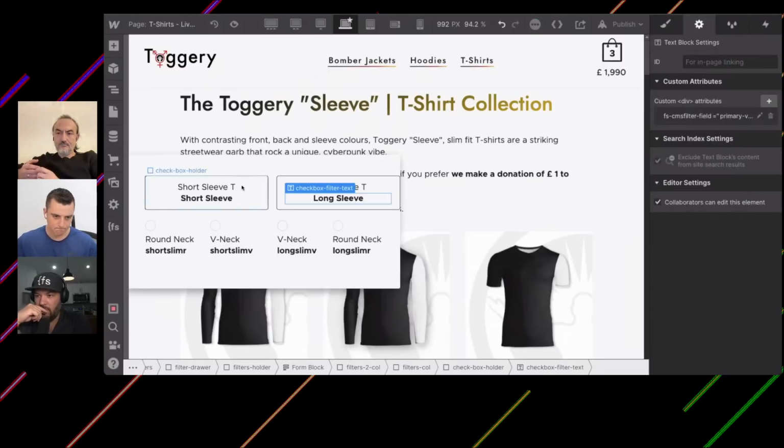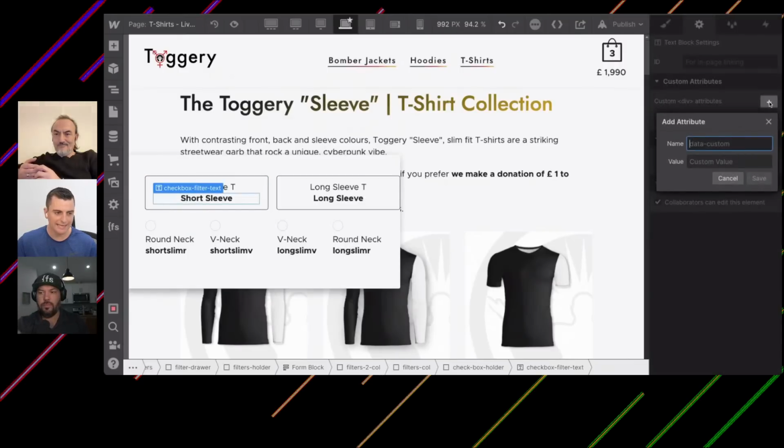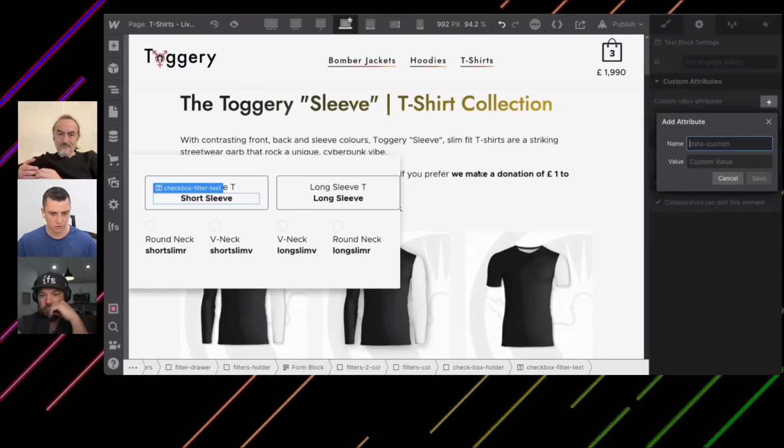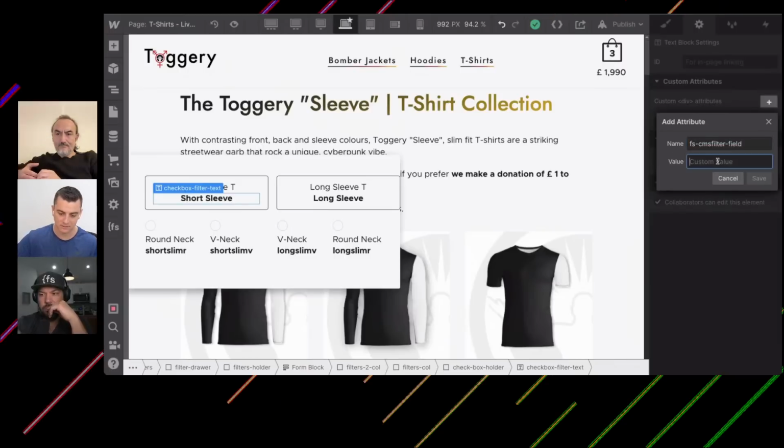Okay, and as primary variant. So instead of searching for every single one of these, we're just searching long sleeve and short sleeve, because these are the only two checkboxes inside this